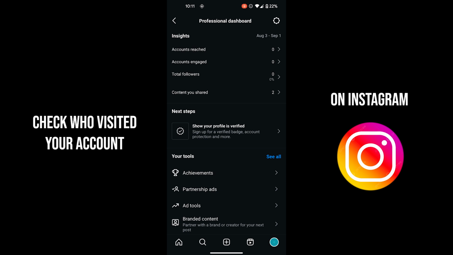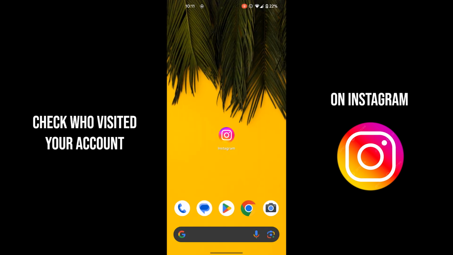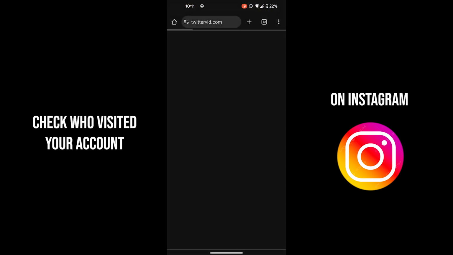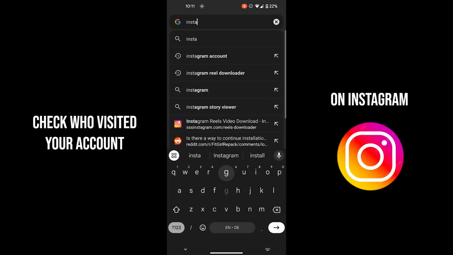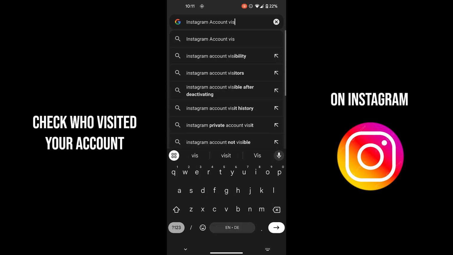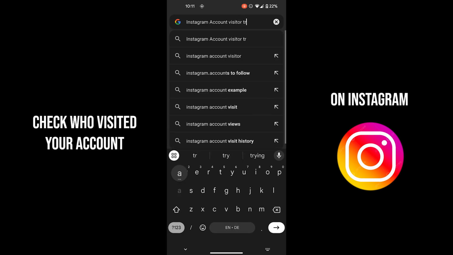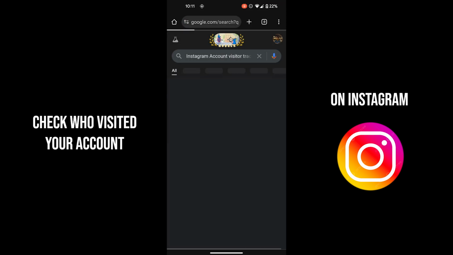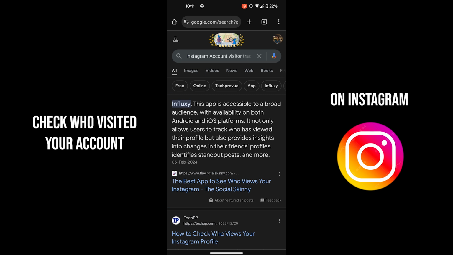So to do that, we're going to use a little trick. So you have to back out of Instagram and you have to open any browser. I'll be using Google Chrome here. And you have to search Instagram account visitor tracker. So as you can see right here, it says Influxy is an app that you can use to check exactly